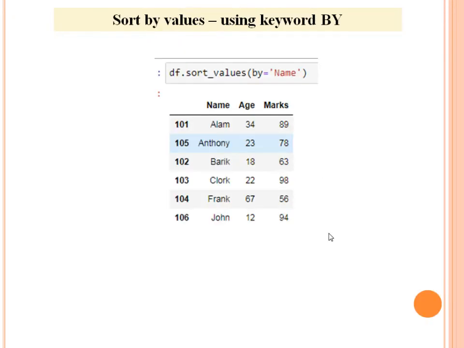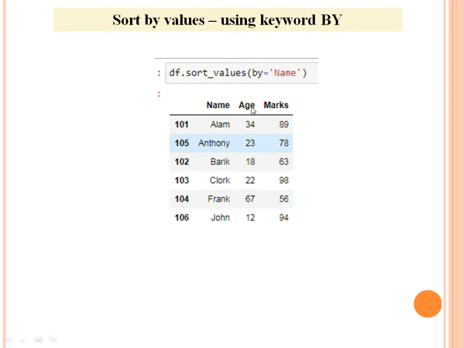Next is sort by values. Means I have to sort my data frame according to the values. For that, I'll use the keyword by. How is it performed? df.sort_values by equals to name. If you want to arrange your data frame according to the name, I'll write name here.